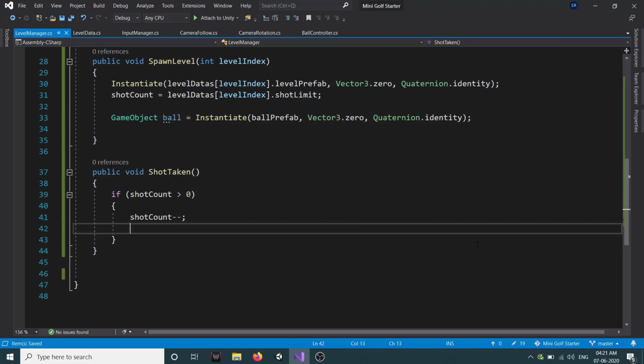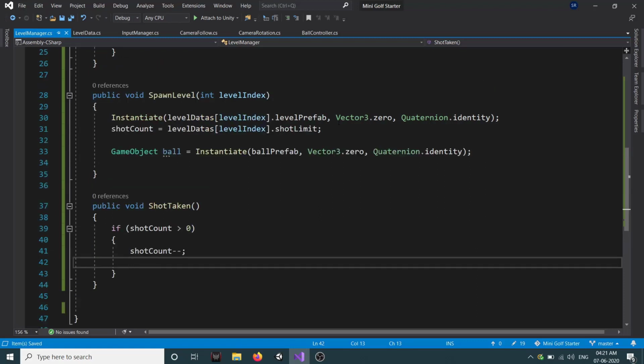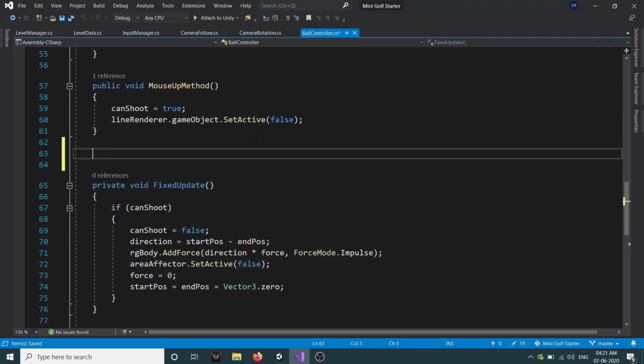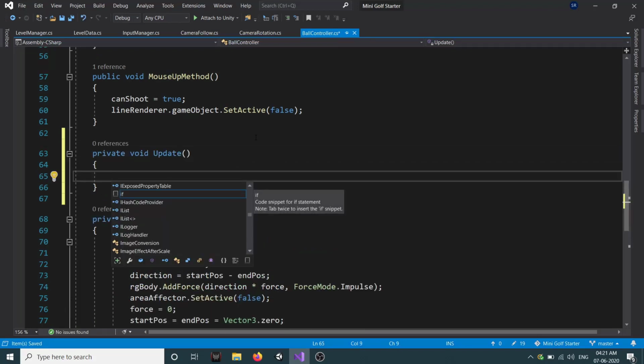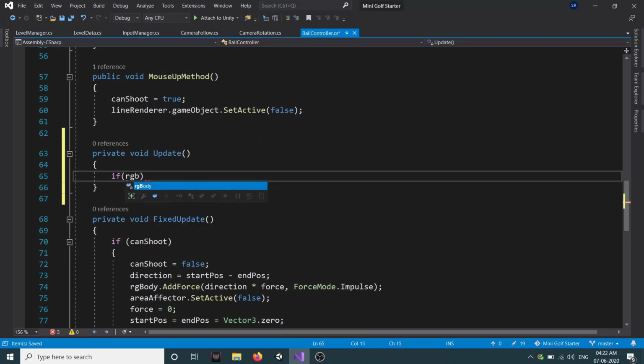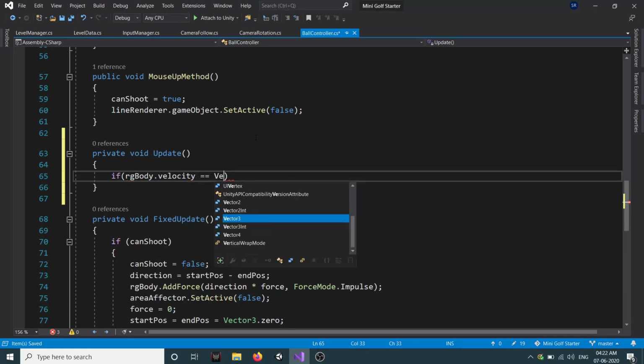Okay, so now we need to go to our ball controller. So when we hit our ball, we are deactivating our area effector. So we need to activate it. So what we can do is we will create a private void update method, and in that we will check if rg body dot velocity is equal to vector3 dot 0,